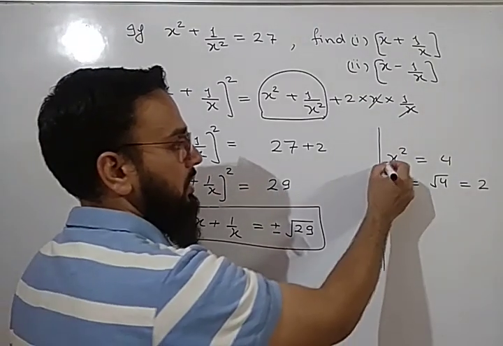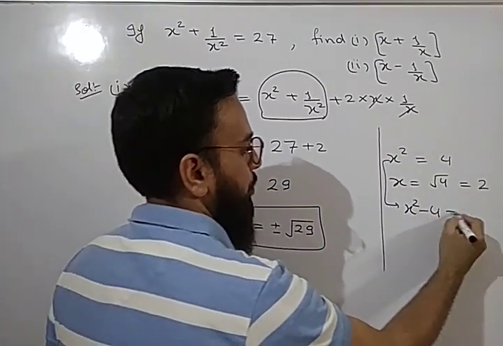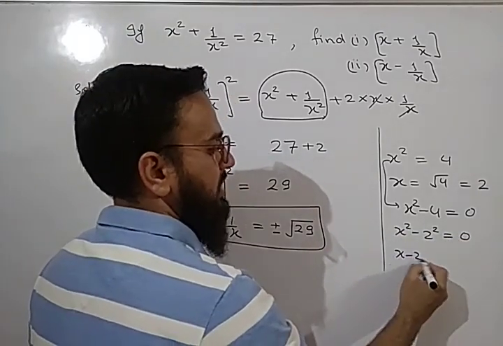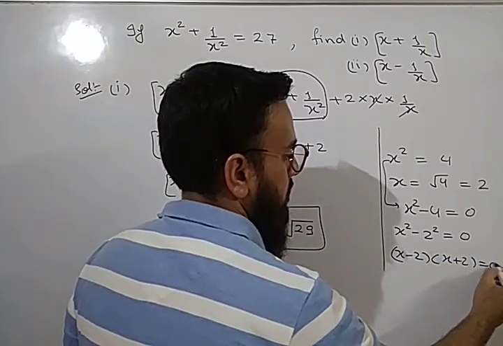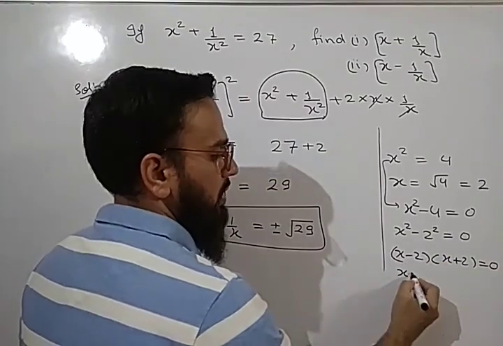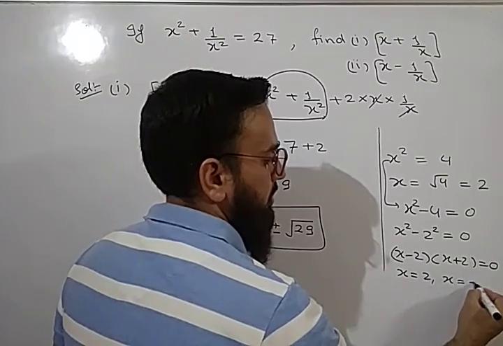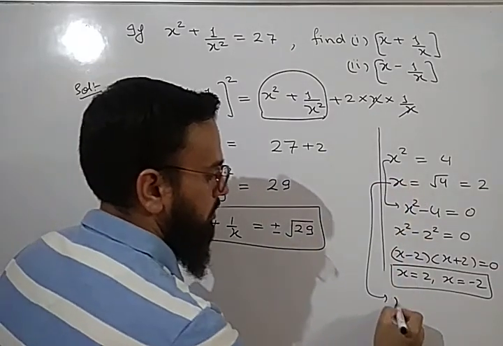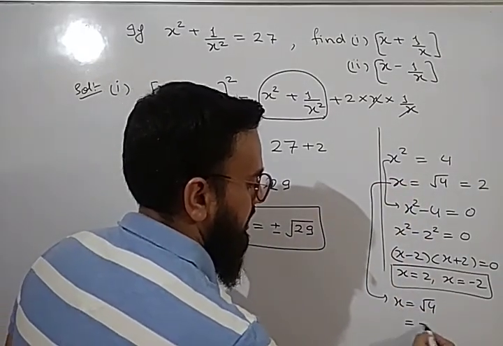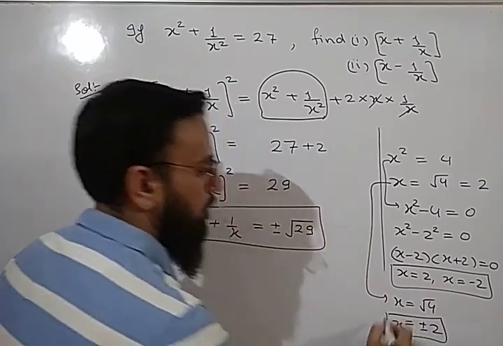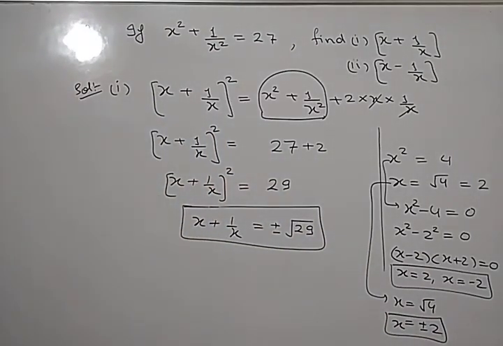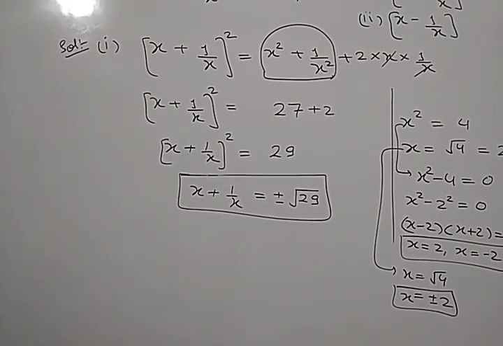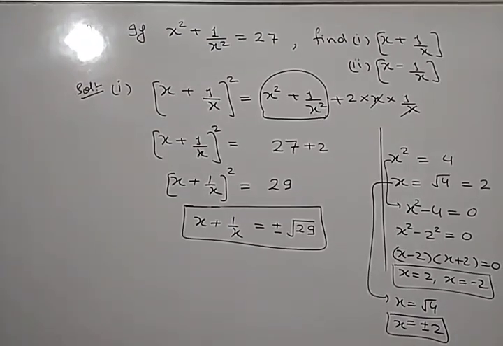So how will you solve this term? We will solve this term as x square minus 4 equal to 0. We can write it as x square minus 2 square equal to 0. x minus 2 and x plus 2 equal to 0. Now if we put x minus 2 equal to 0, we will get x equal to 2. And if we put the other term equal to 0, we will get x equal to minus 2. That means if it is written x equals under root of 4, then it means it is plus minus 2. There will be two values of x. Okay, x will be equal to plus minus 2. Root 4 will be equal to plus minus 2.